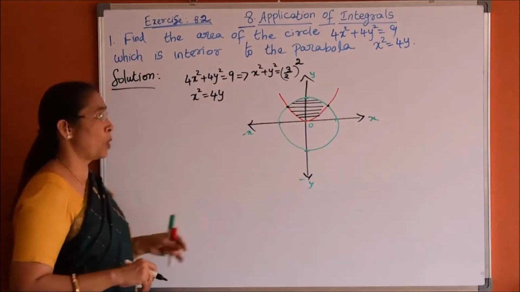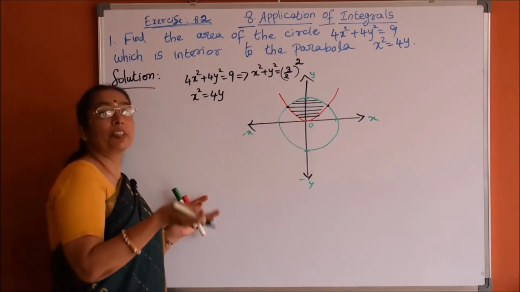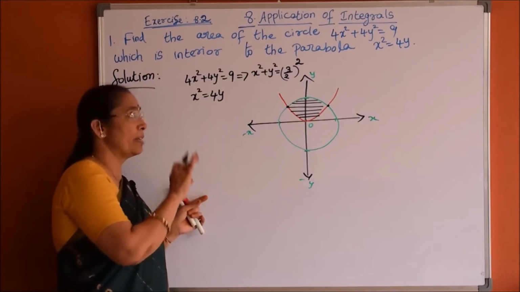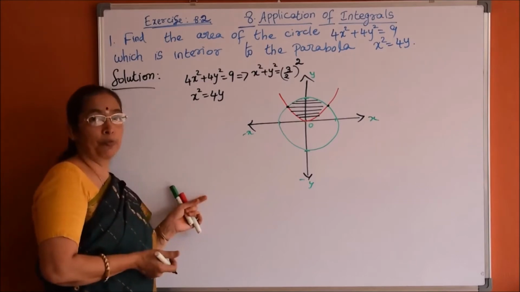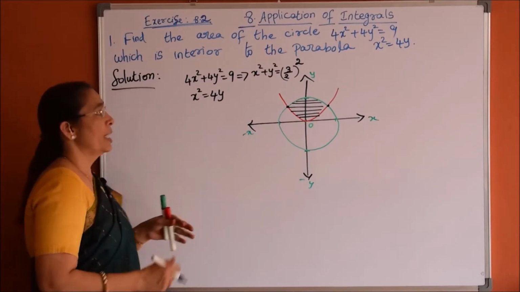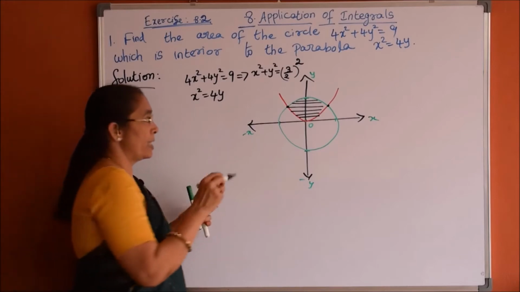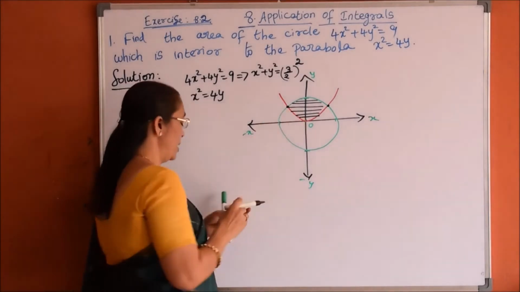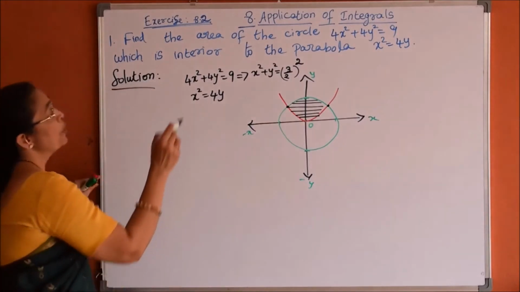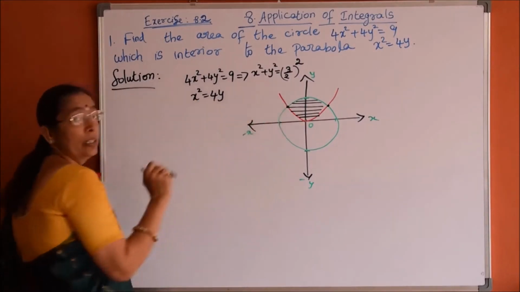We can do this problem in both ways. With x axis, the area covered by the given curve with the x axis we can do, with y axis also we can do. Fine. First let us do with x axis. To do with x axis, for any case we need the point of intersection. Now, we find the point of intersection of the curve, circle and the parabola.